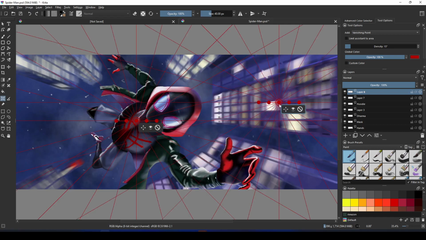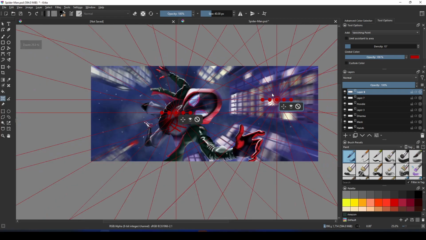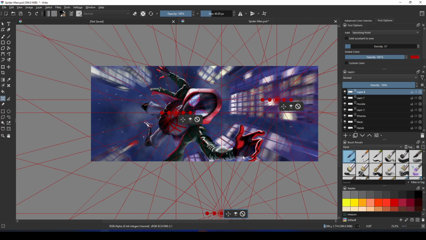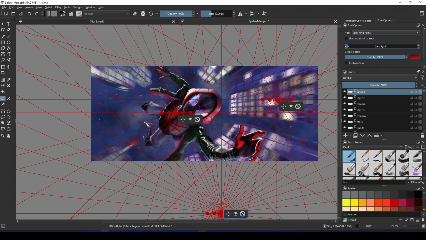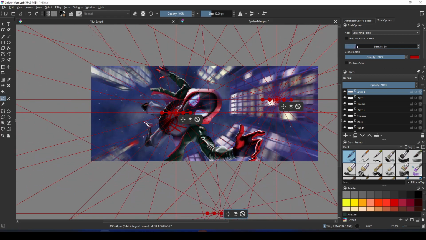You can potentially tap more on the screen to achieve more vanishing points and thus making 2-point perspective or 3-point or more. The vanishing point can be created outside the canvas area also. If we zoom out and click outside, the vanishing point can be created. The number of lines can be increased or decreased with density slider. Sliding left will increase more lines and sliding right will reduce. If the lines are too harsh, then opacity can be reduced also.